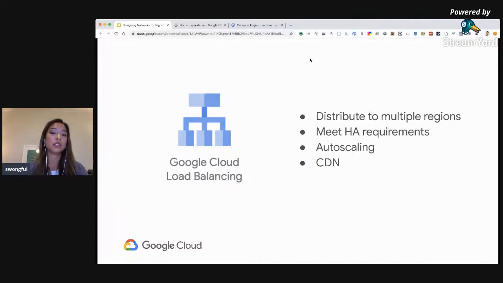And you can also use our content delivery network as another feature that you can tack on by using our global load balancer. So with the CDN and just the L7 and other load balancers we offer, the whole goal here is so that you can get your content and traffic closest to your end users, and it's built off a system that already can handle millions of queries per second within our network.